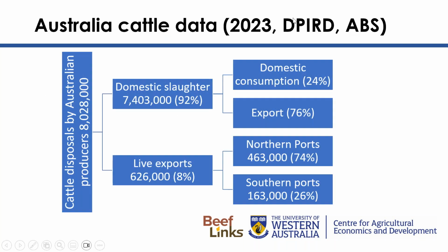Just for a bit of context, I thought it would be useful to put up a graphic here on cattle disposals in Australia. This is data that was compiled by DPIRD using the ABS information for 2023. What you can see here is Australia produces around 8 million head of cattle. This was in 2023. The far majority of those go to domestic slaughter, and then about 8% go via